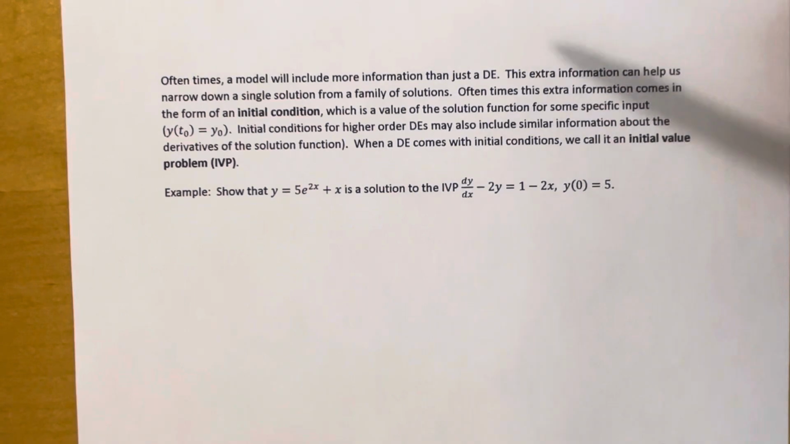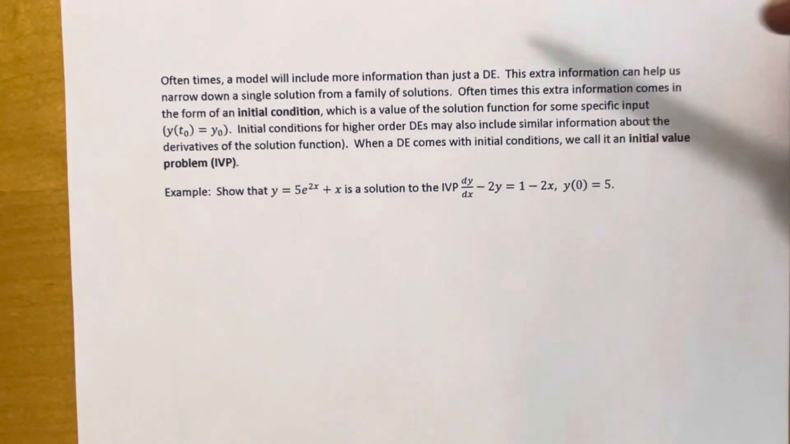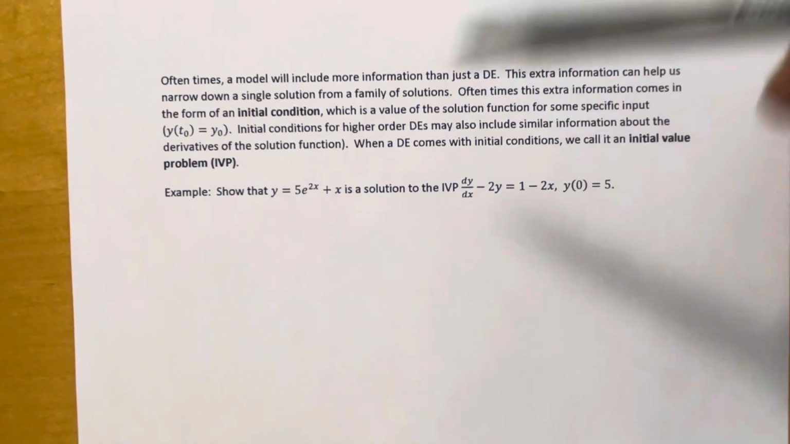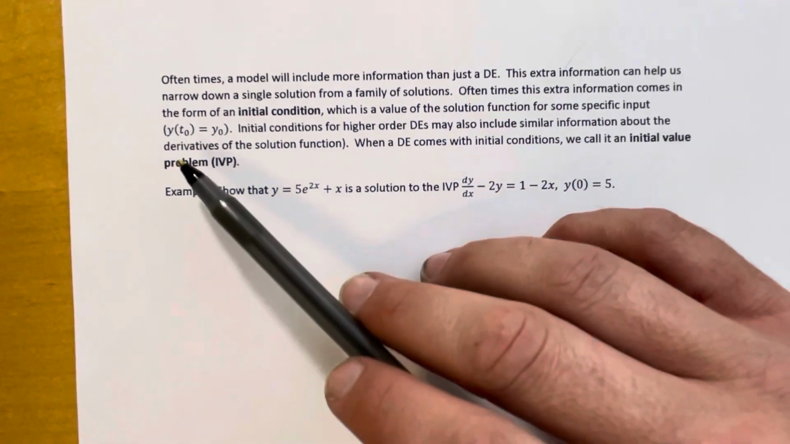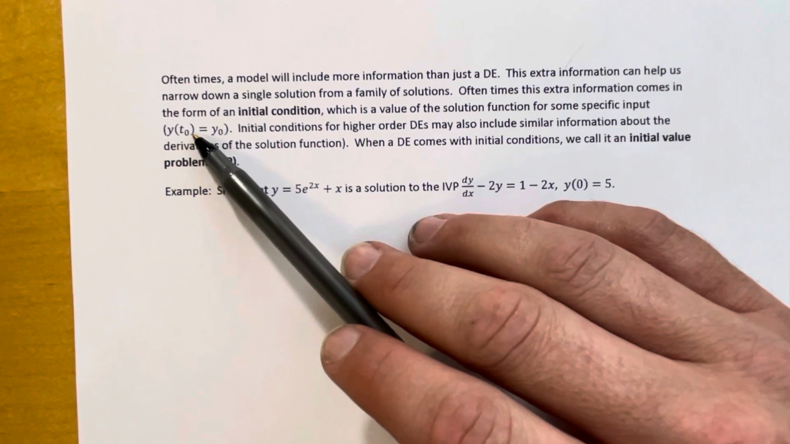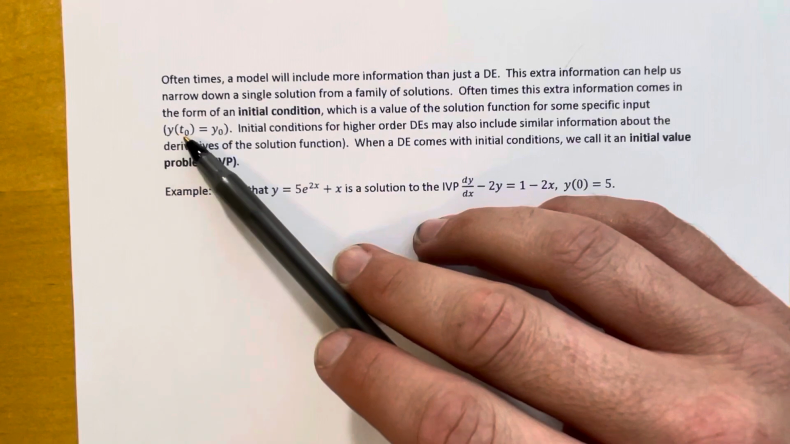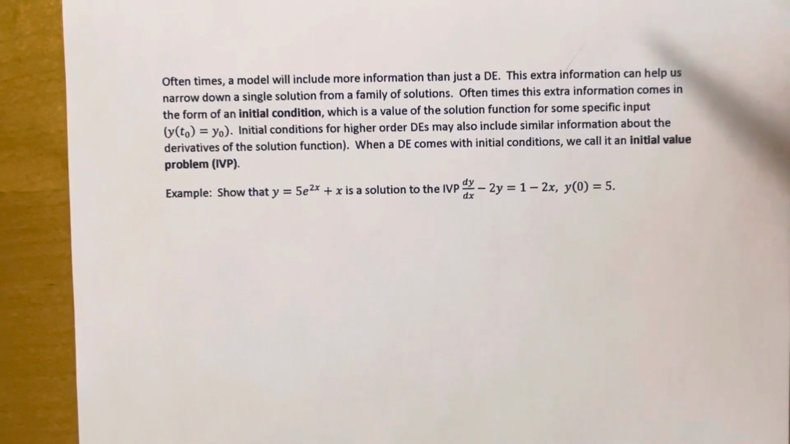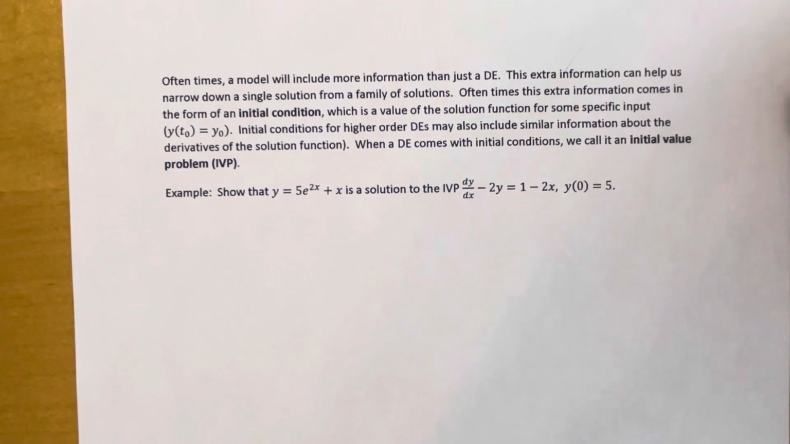And the key to doing that is using something called an initial condition. So basically, an initial condition is a value that the solution to a differential equation has on its curve. In other words, it's a little extra information about the function we're talking about. Usually it's going to come in the form of y of t naught equals y naught. So in other words, we're going to know for some specific input what the output of the solution function would be. With that information and with a differential equation, we can oftentimes solve for just a single solution instead of